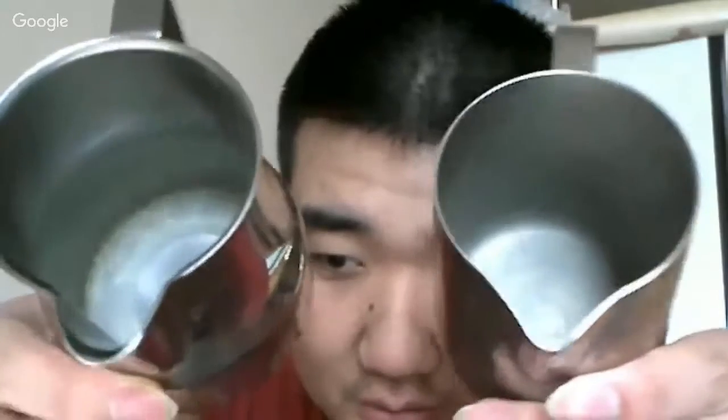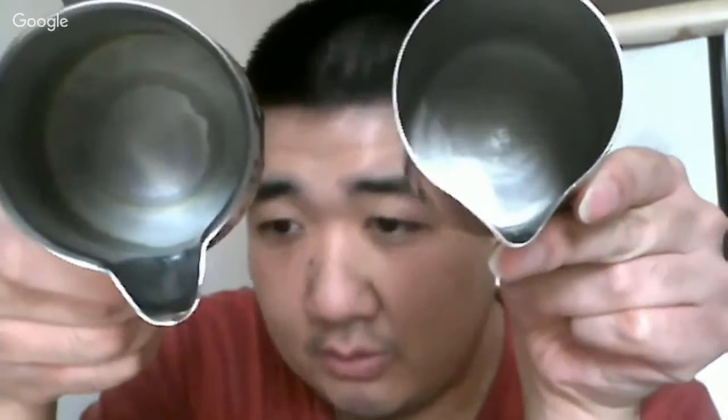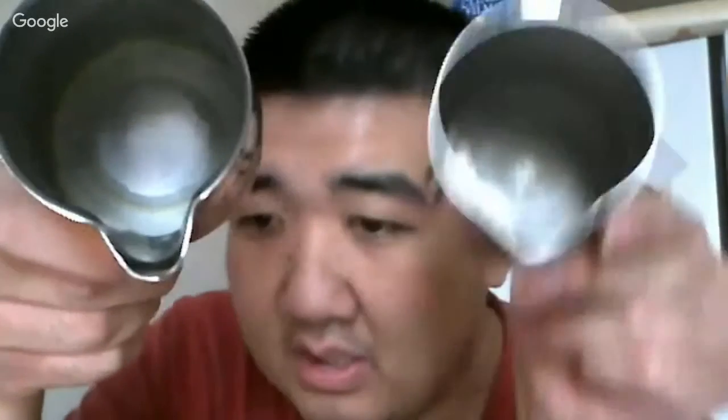Can you show us the comparison of the Rattleware and the Motta spouts? I noticed that the other one is taller. I don't know if it's sharper or rounder? They're sort of just as round, but if you could see, the Motta one just sticks out more. When it sticks out more, the milk comes out thinner, so it gives you more control. As you're pouring, you have more control in how you want to dictate your